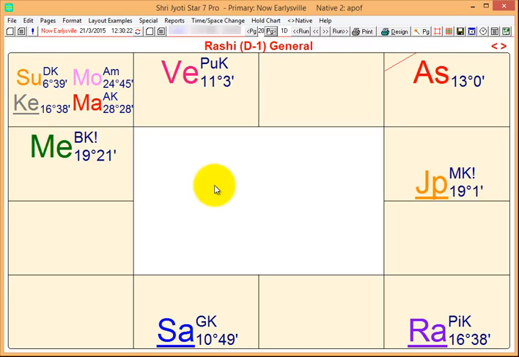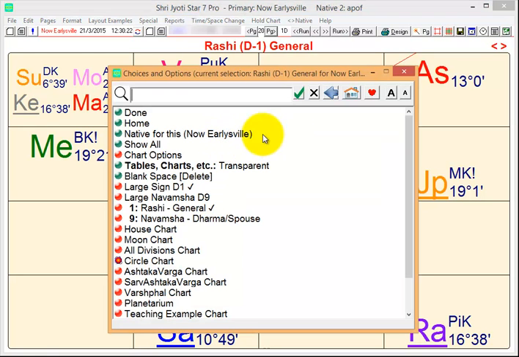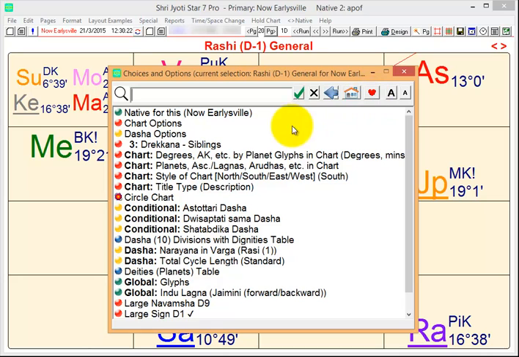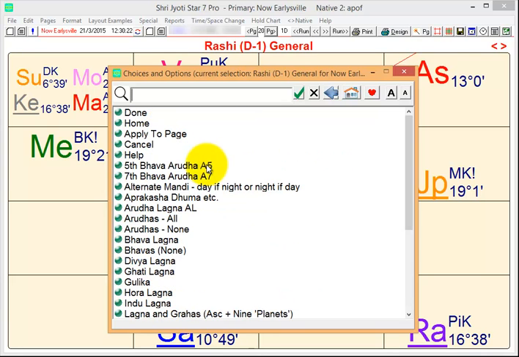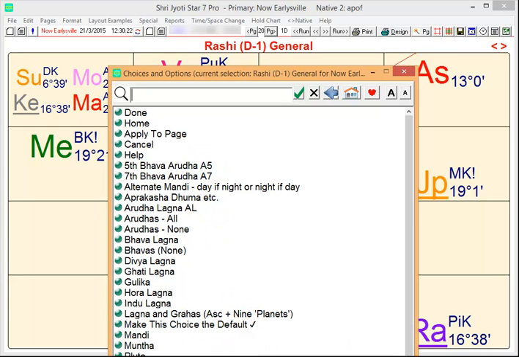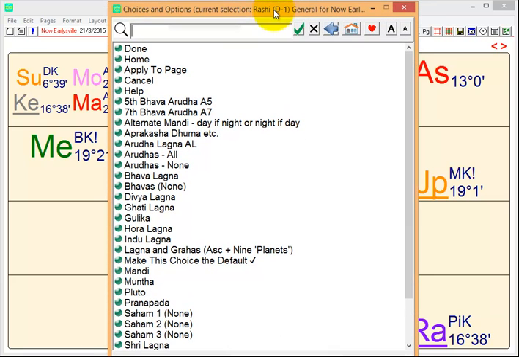Another thing we might want to do is put some additional points or objects on the chart. So we click here and we see, because I've recently selected this thing, so planets and other factors in the chart. There are a lot of things that we could add to the chart, and they would include, maybe we want the outer planets,